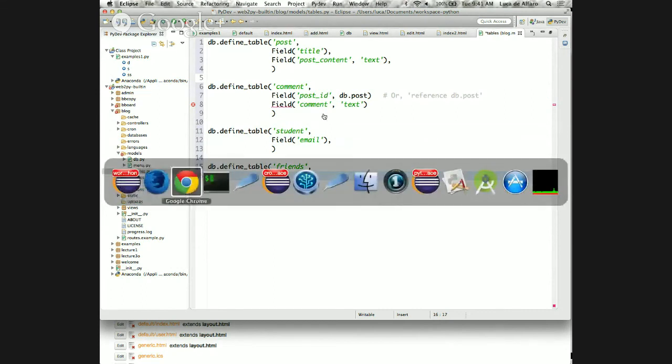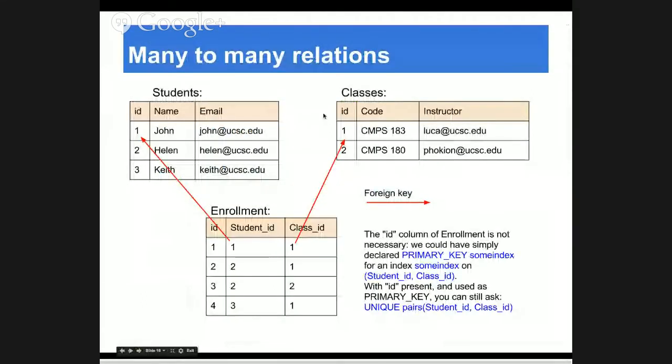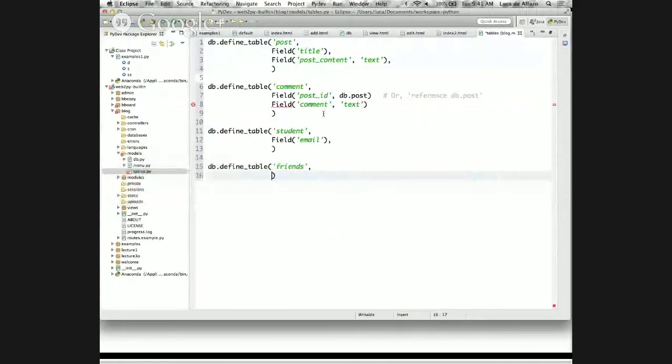Let me show you the slide a moment. Essentially, well, this is done for an enrollment, but it's the same. I create another table that points to the pairs of students, okay? It points to one student and to another student, and this puts them in a relation. You studied in discrete math, no? What is a relation? A relation is a set of pairs in the Cartesian product of two sets, right? And so you list the elements that are in the relation, simply, okay? So the way you do it is this.